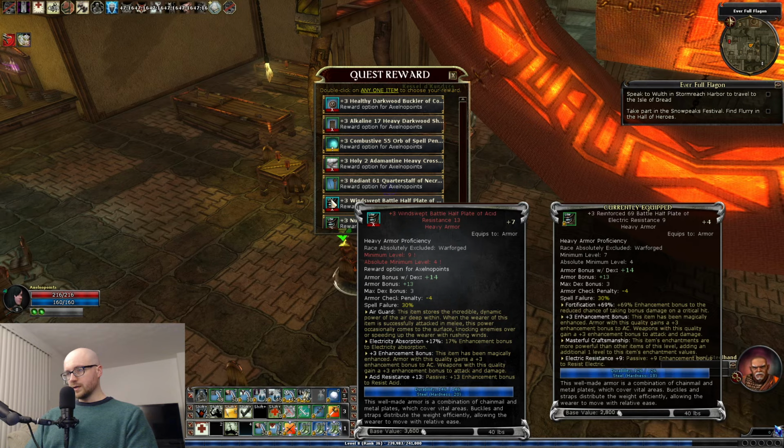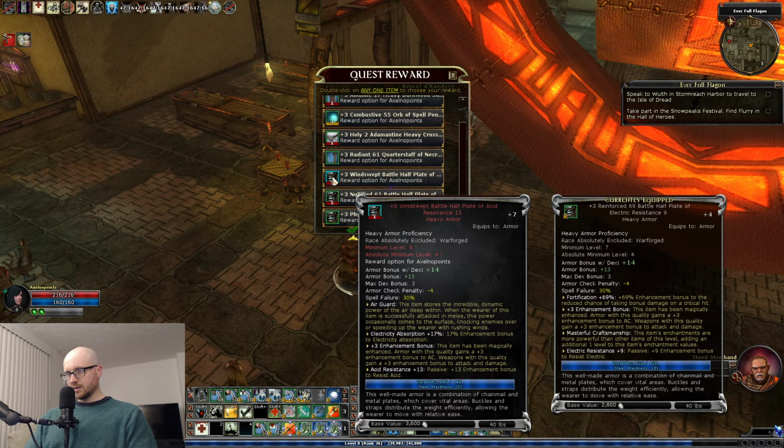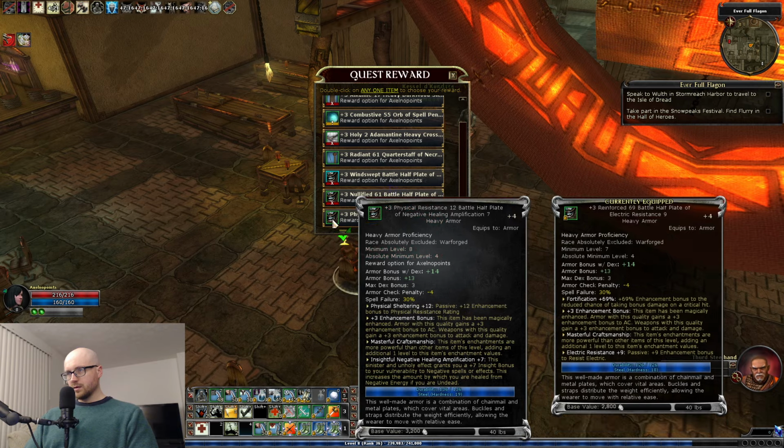Air Guard. Air Guard's actually decent. There's a proc which is crafting in the Meridia area of the game, which is Veil of Twilight. You can get a haste proc. I don't think that one includes the haste. Let's see. PRR 12, that's really nice. But I don't want to give up my fortification, which is on my armor. So we will just...